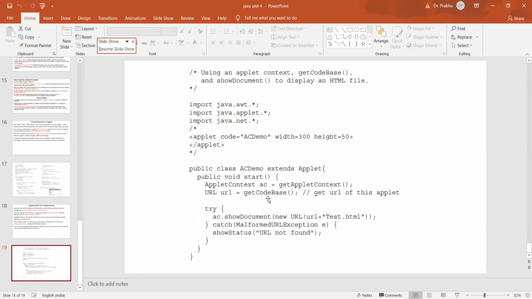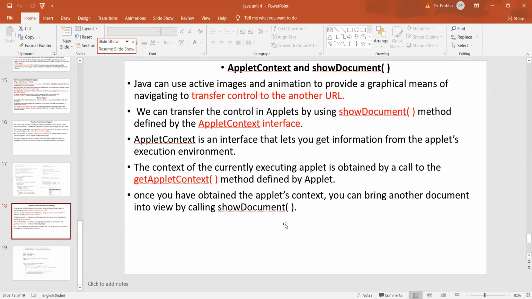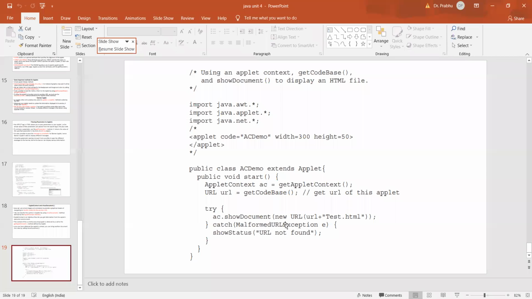This method will get the address of the URL of that particular web page or file. By using the show document method, it is possible to transfer the control from the applet to some other document or some other web page. So this is about the applet context interface.